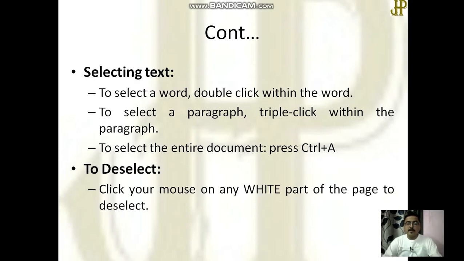And to select the entire document, you can use a shortcut key, that is Ctrl A. And vice versa, to deselect the particular word, paragraph or document, click your mouse on any white part of the page. I think it is very clear. Very basic things I am covering here.